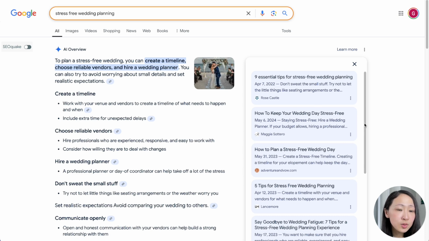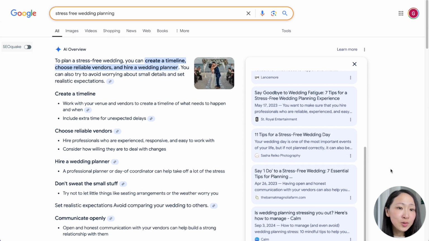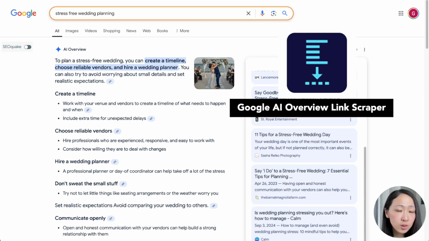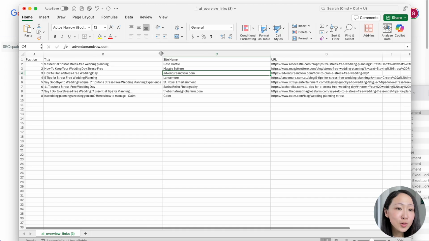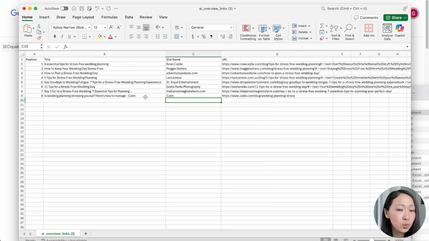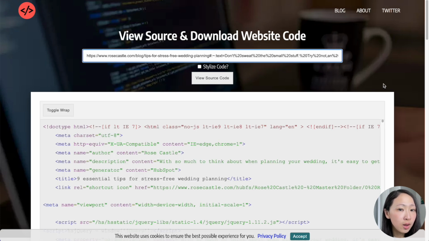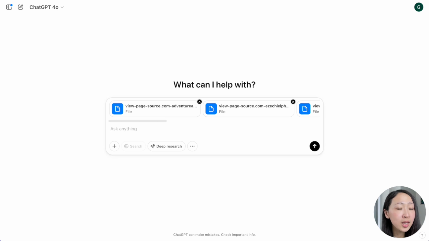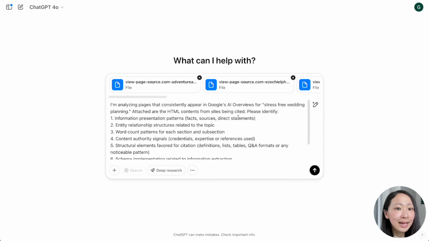So again, first we will extract the existing ranking search results on Google AI Overviews. You can use this Chrome plugin, AI Overviews link scraper, to easily extract these links and download as a CSV file. And what I like is it will also extract the page title for you as well. Then again, we want to download all the HTML source code for these URLs so AI can do a more comprehensive analysis. Now on ChatGPT, load all the HTML source code and the exported extractor file,